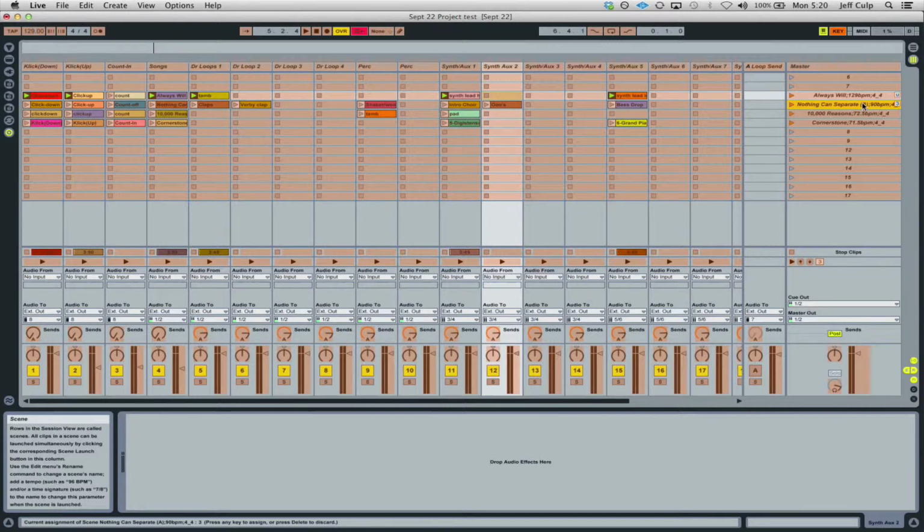A couple things to note: if I need to delete one of these, I can just select the song and press delete, and that will delete the mapping. The other thing you want to know is you can't have the same keystroke or same MIDI pad